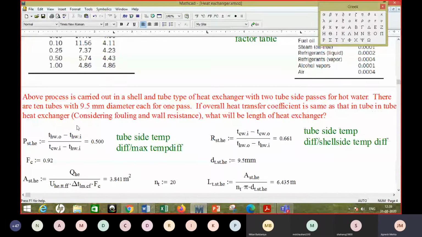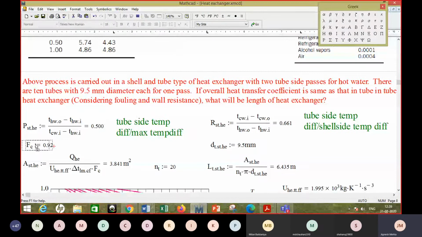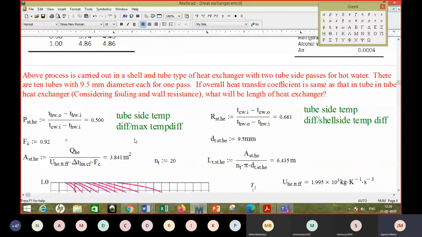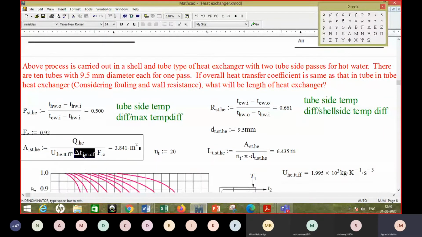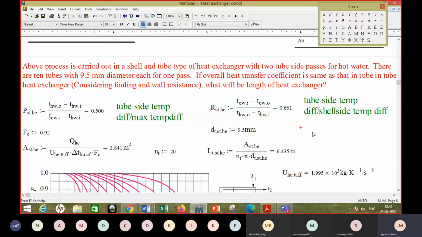Right. So I expect you to get a more accurate value of F, and then get the log mean temperature difference. I have directly multiplied it here, and that multiplication gives 32.06 to be very accurate. So that's the effective log mean temperature difference in case of this counterflow heat exchanger. So it reduced from around 38 to around 32, right?